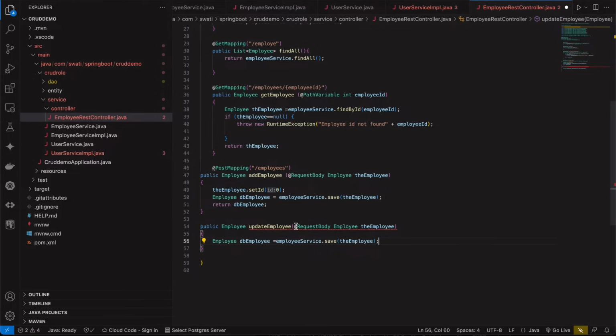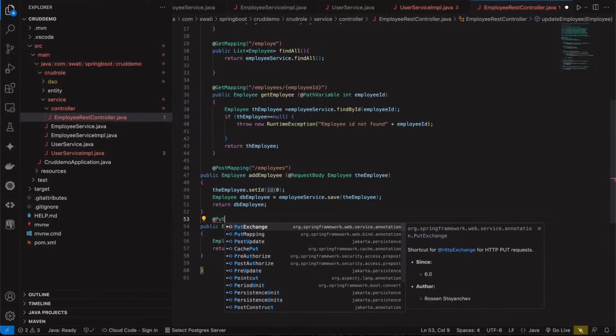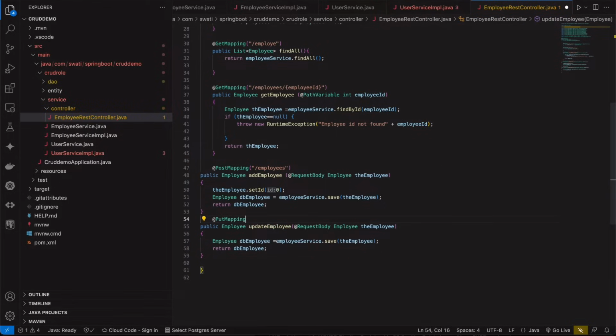Okay, now this will return the employee after it's done. Okay, and annotate it with @PutMapping, and the path is the same as employee. Okay, and now for delete,